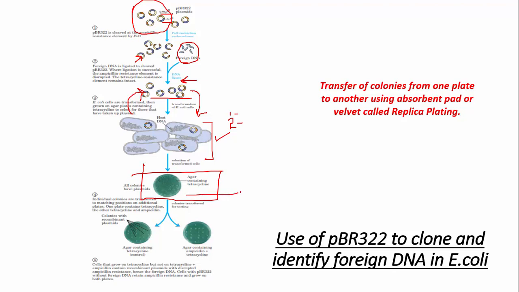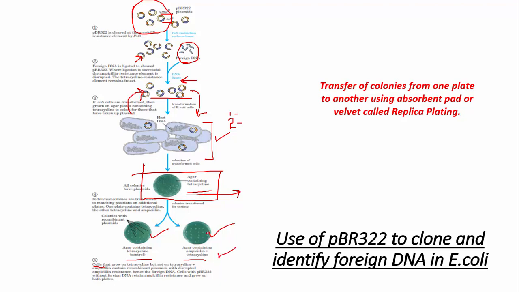Here you can see the master plate and it contains agar where tetracycline antibiotic has been used. So we do replica plating. We transfer our colonies from the master plate to two other plates. The first one is the control. They contain tetracycline and the other one contains ampicillin and tetracycline, both antibiotics. Here what actually happens, our cells grow on tetracycline but they do not grow on tetracycline plus ampicillin.